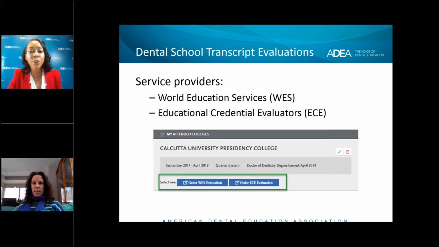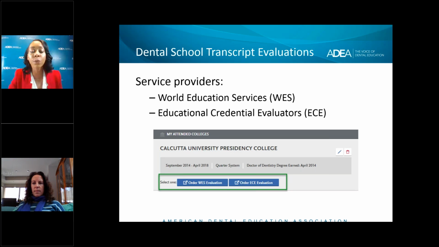And again, that's through WES and ECE, but it's important to note that each program has its specific requirements on who should provide that information. And we'll talk a little bit more about how to identify that. The transcript evaluation provides a course-by-course evaluation report of the dental degree. So what that essentially does is validate your credentials. So this is an imperative part of the application.